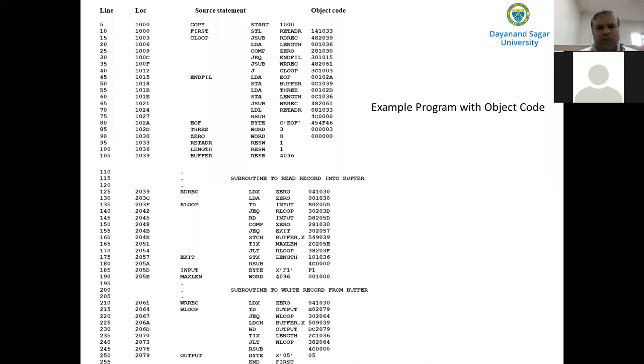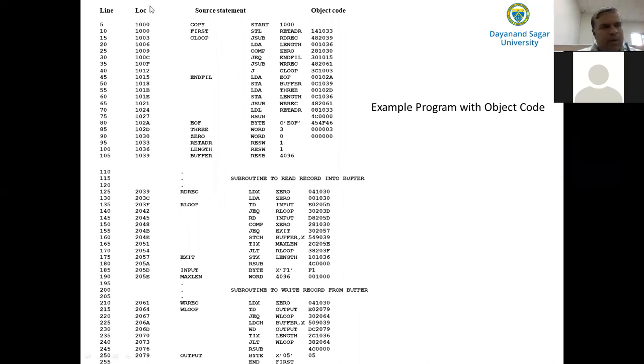So this is the program that shows the source program translated into the object code.